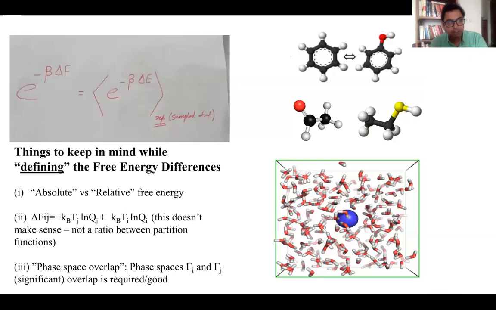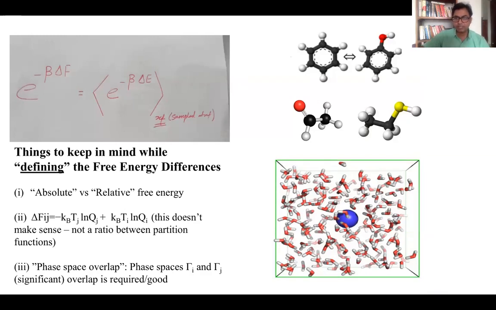So we end up with an equation that you should be remembering, and more than remembering, should be able to understand how it came into being. It connects the free energy difference with the energy difference, where the energy difference is not just for one snapshot, but an ensemble average sampled at state I. So this you should keep in mind.